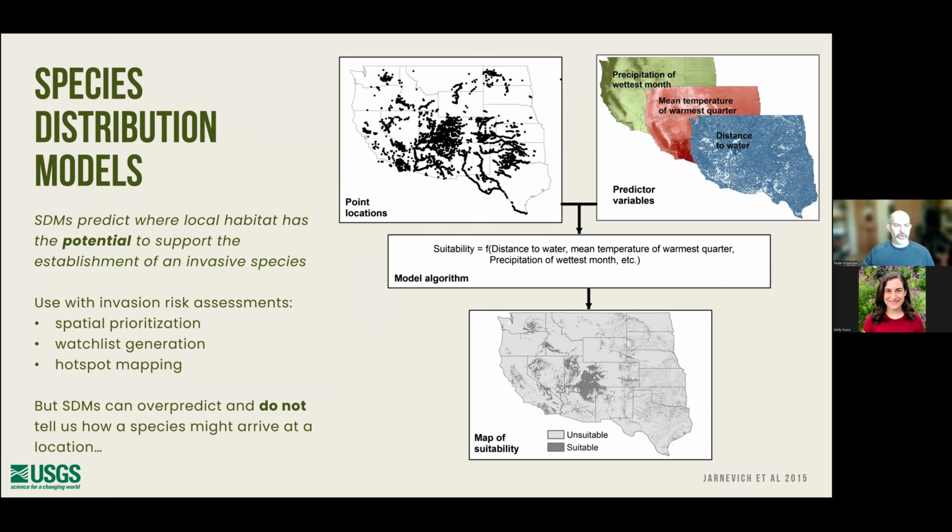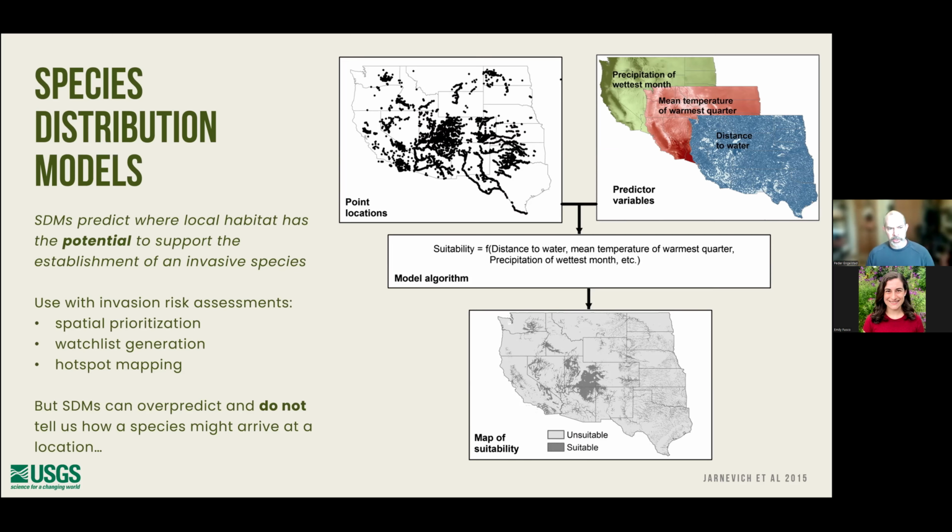You can think of temperature or stream flow or water chemistry in the context of freshwater invaders, and those are combined in a variety of model algorithms where there's functional relationships that can be applied across landscapes to generate these predictions of potential habitat that can support the establishment of an invasive species.